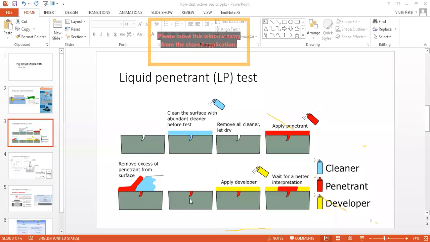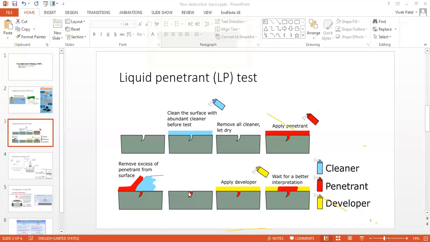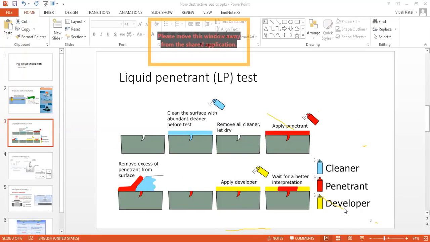Now, how to detect on the surface? Means how we can visualize that these are the locations where the defect is existing. So then after, using a developer, okay, I suggest